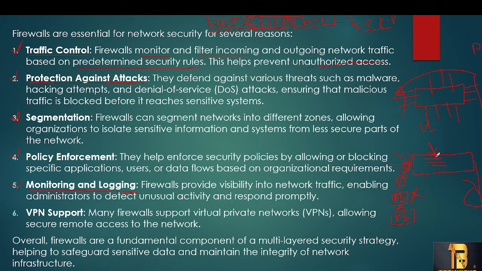Something has happened on the firewall, or maybe on the routers. In the routers you can also create ACLs, right? So maybe someone has created an ACL on the router, or maybe someone has created a policy in the firewalls. So now Facebook is not accessible for the user. What we can do is, the Palo Alto firewall will log every session that is reaching the firewall. Maybe someone has configured a policy here to block Facebook, but we don't know that. So how can we know? By checking the logs.